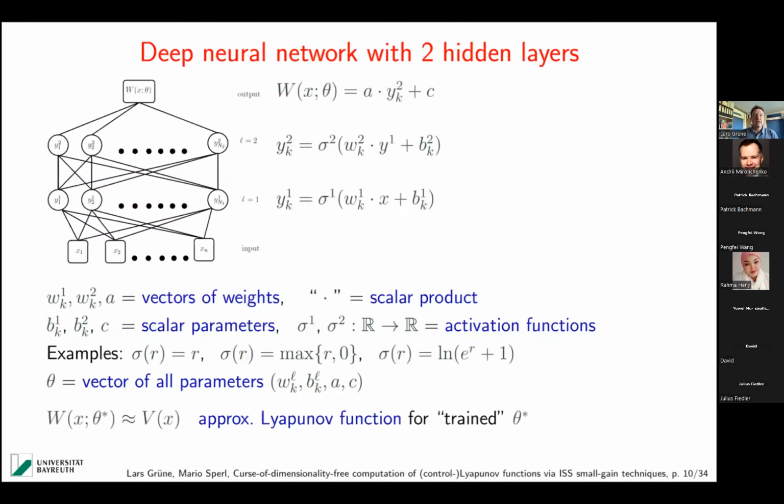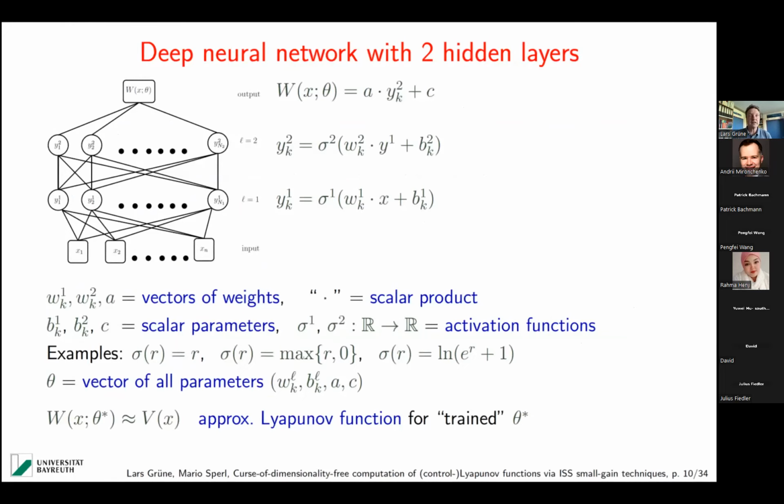Okay. So here's the neural network, and it's a neural network with 2 hidden layers, so it's not very deep, it's just a little deep. So deep would be something with, I don't know, 10, 20, 30 layers. It's medium deep, but it's also not shallow, because shallow means just 1 layer, so we have at least a little bit more. What is a neural network?